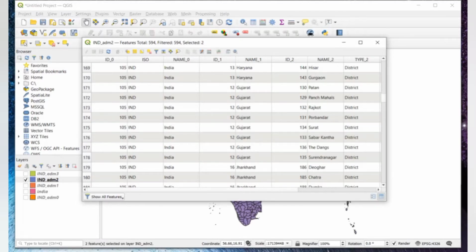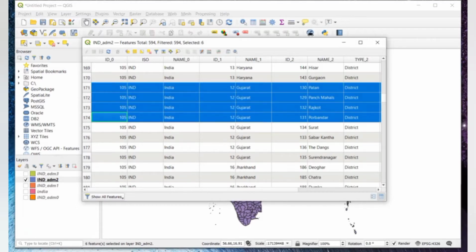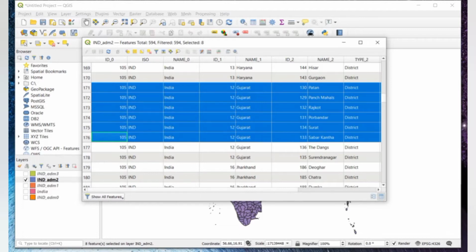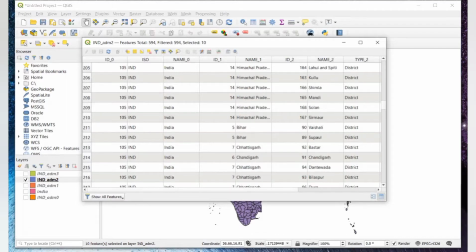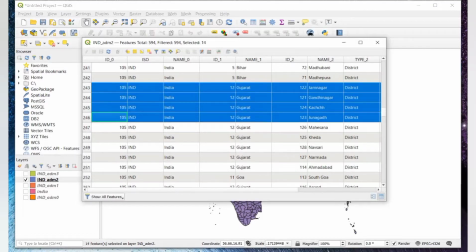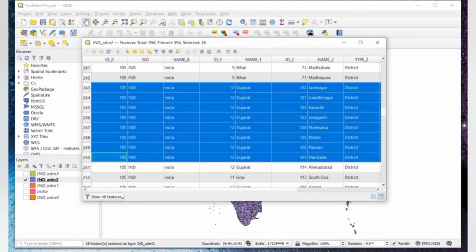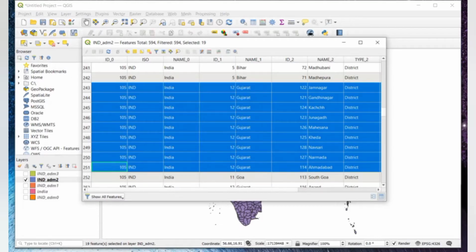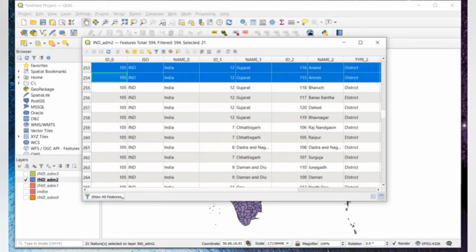For that, I'll select all the rows with name 1 as Gujarat. So I'll just keep scrolling and select all the rows with name 1 as Gujarat. If you wish to create for West Bengal, you can select it likewise. If you wish to create for Bihar, you can select it likewise. After I have selected the rows with name 1 as Gujarat,